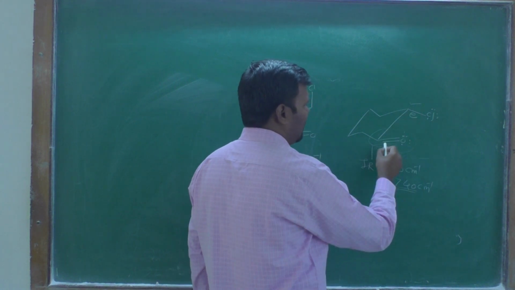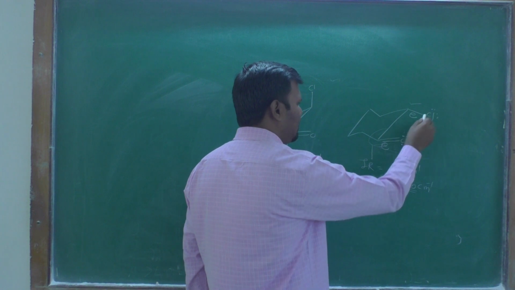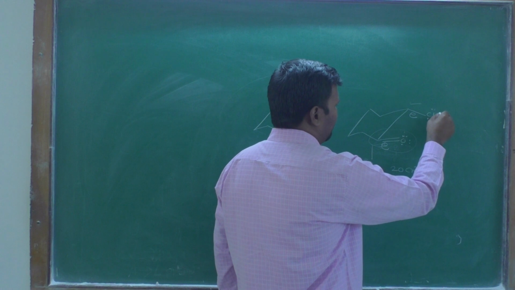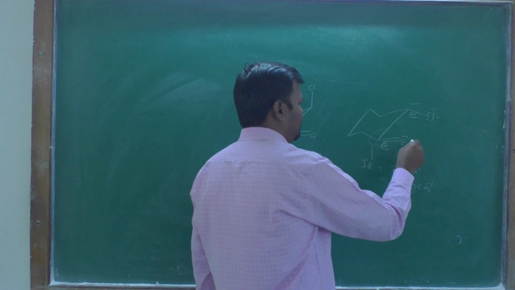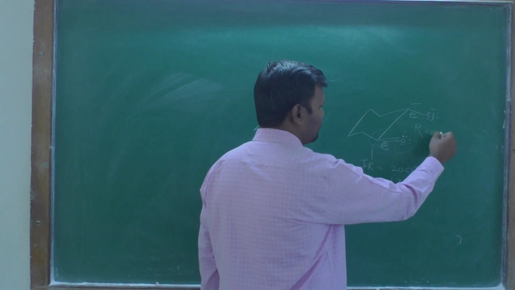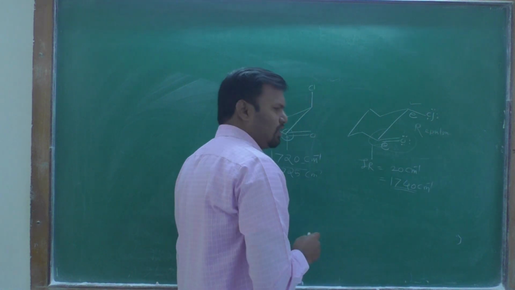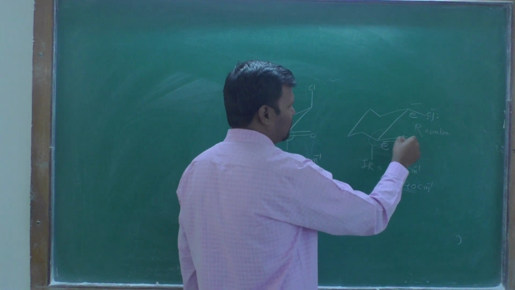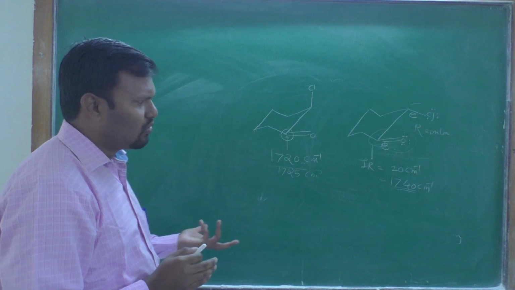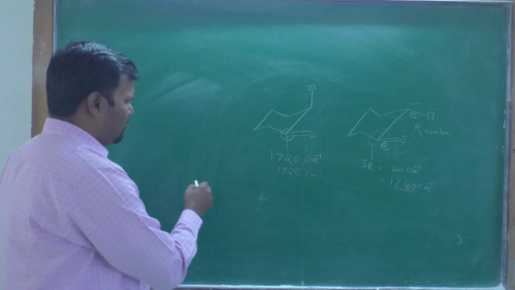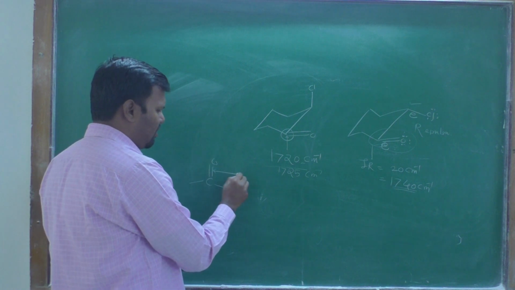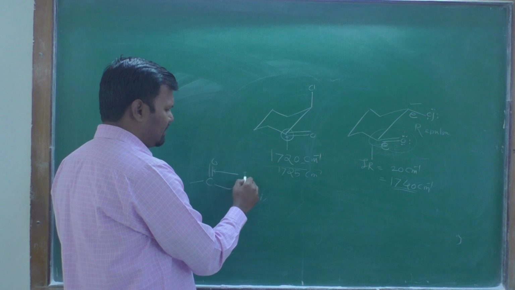The equatorial chlorine and the carbonyl group nearly eclipse each other. Therefore, there is a repulsion between the lone pair of the chlorine and the lone pair of the oxygen. Due to this repulsion, the oxygen tries to repel from the chlorine. You know that if the double bond character of any functional group increases, if carbon